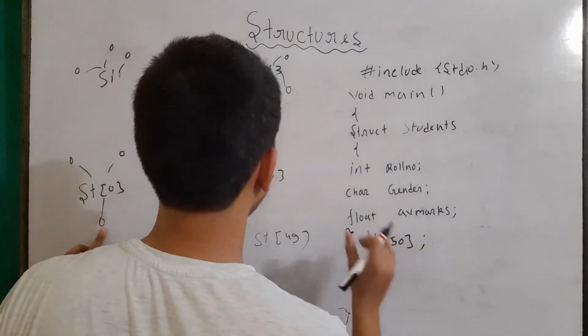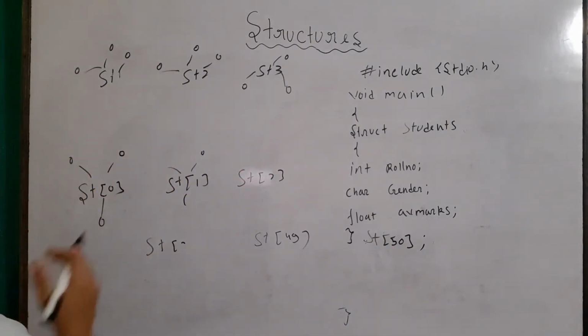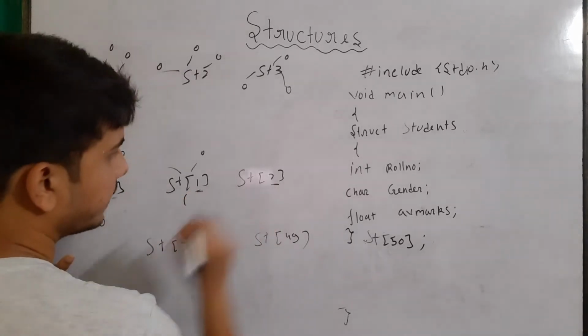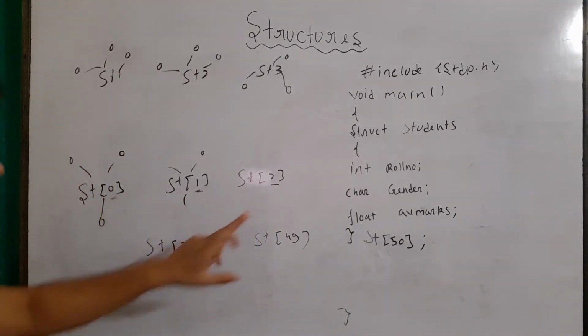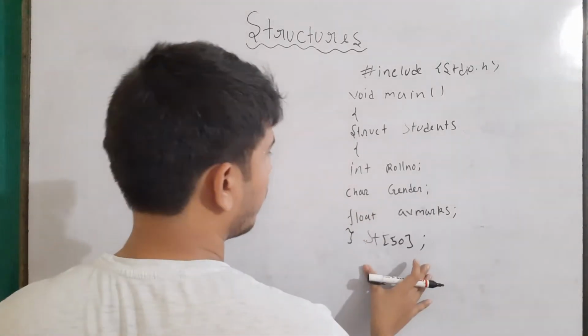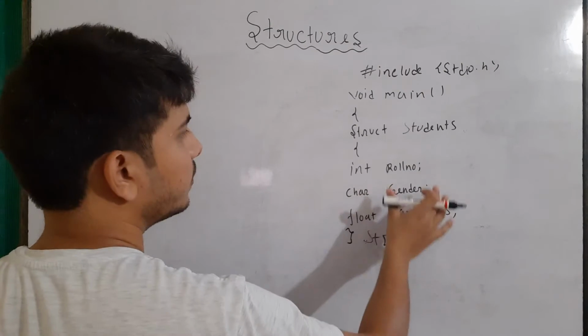So basically we have defined the 50 variables. Okay, and to access any particular variable we will be using its respective index. Okay, the index could be 0, 1, 2 and so on. Now let's say I want to store the information of 50 students having the properties of roll number, gender